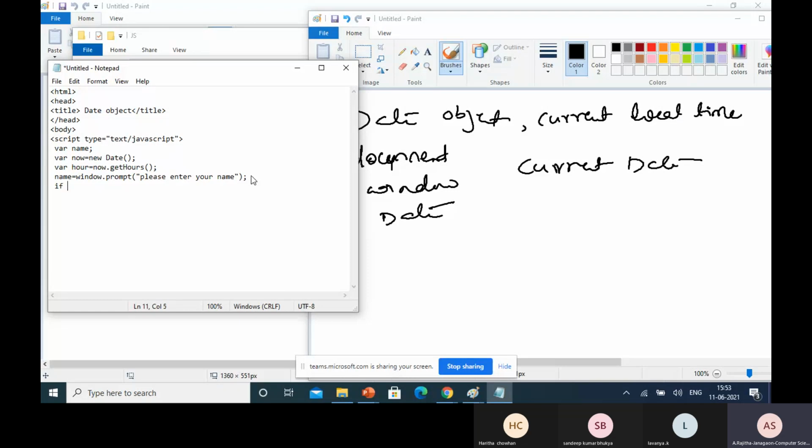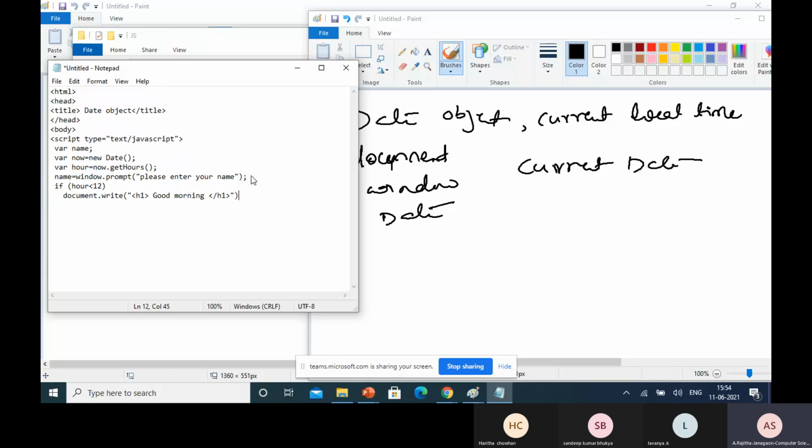You can display, if hours less than 12, document dot write h1 good morning, and close this.